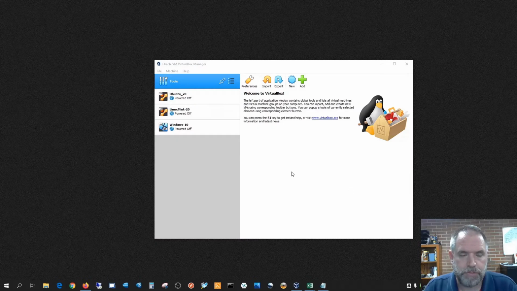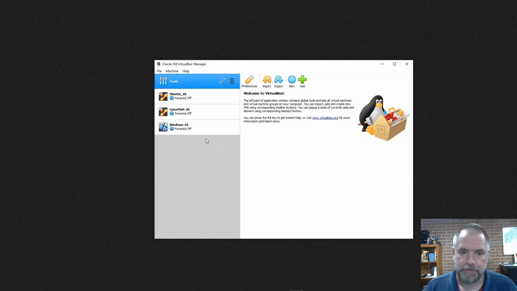Okay guys, today I want to show you how to install or set up a virtual network inside VirtualBox. So there are many reasons you might want to do this. Say you want to segregate some virtual machines from others, or you want to try out router software and be able to install different types of routers, firewalls, things like that. So I'm going to show you today how to set up a